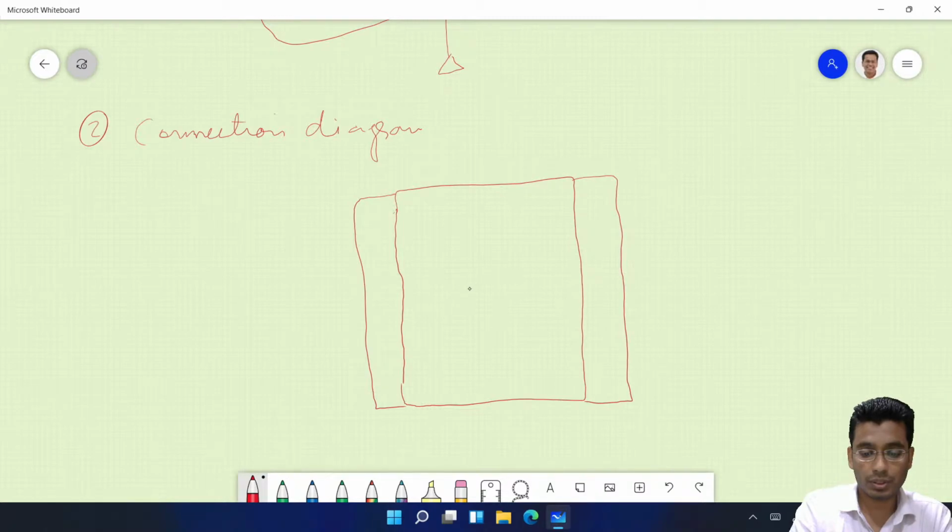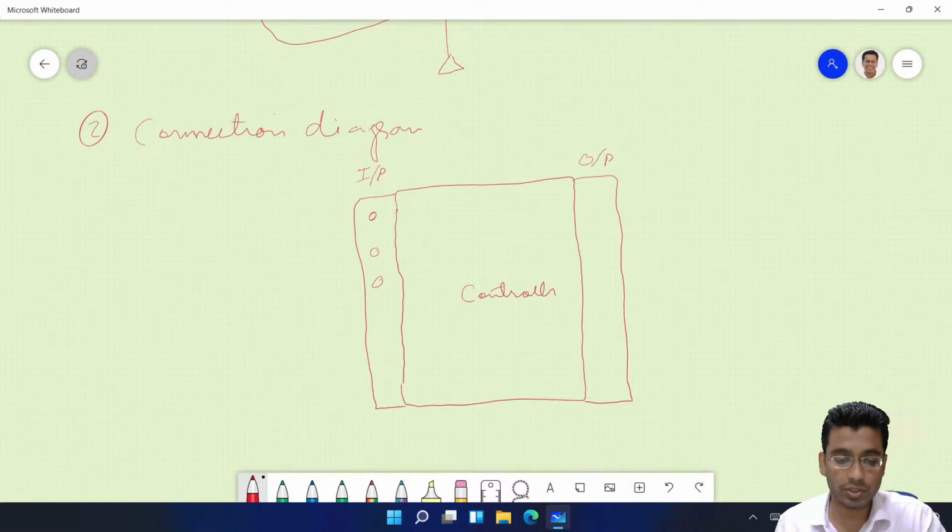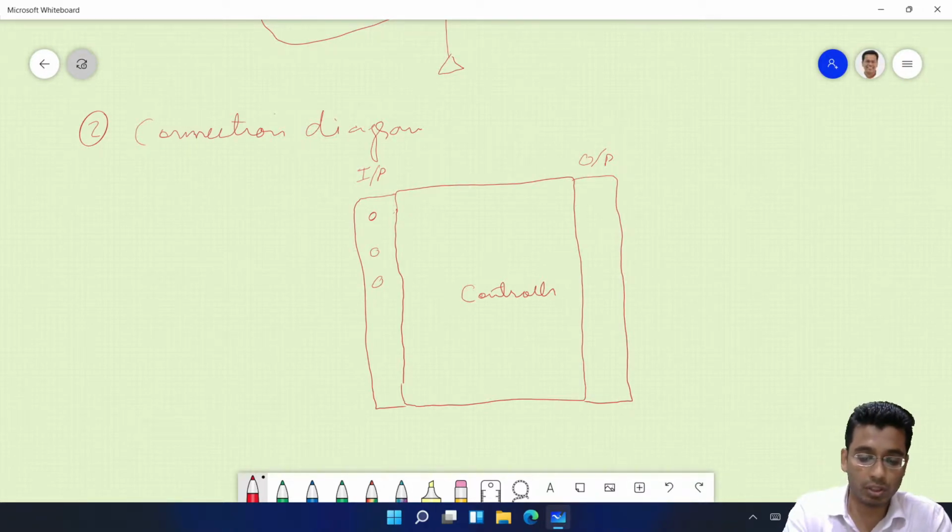Say this is the controller here, this is the input module, this is the output module. Now by the time I draw this, you all try to figure out how many inputs and how many outputs.